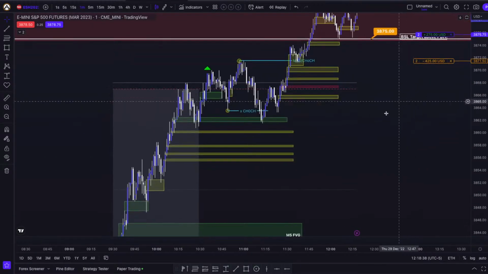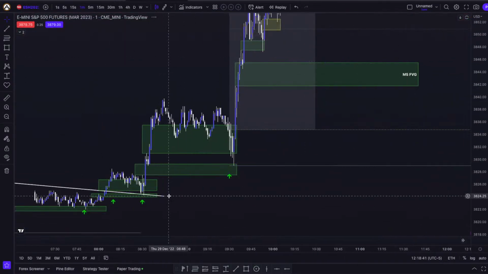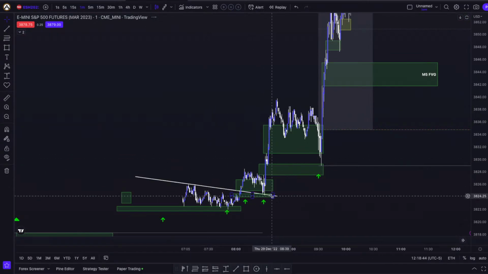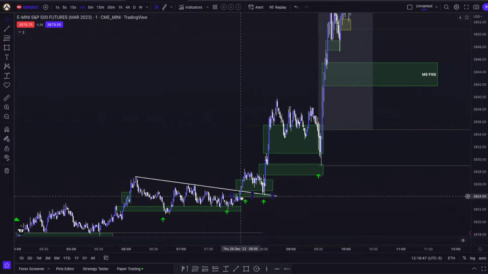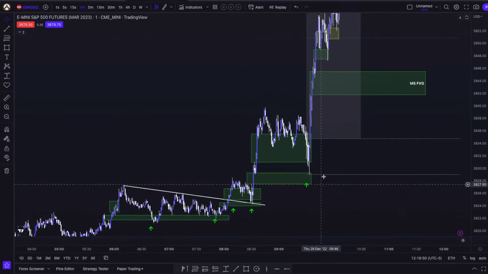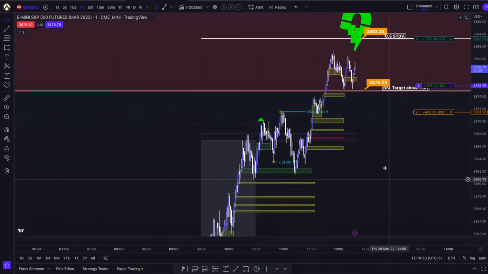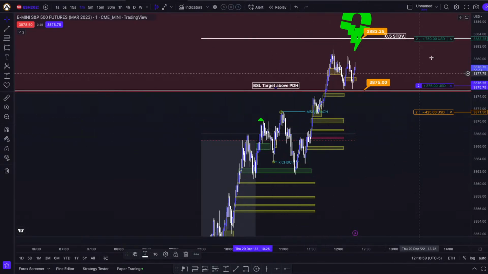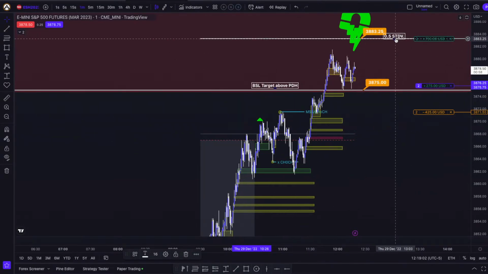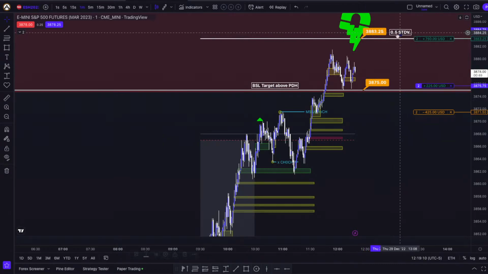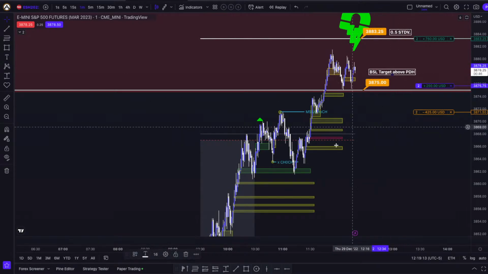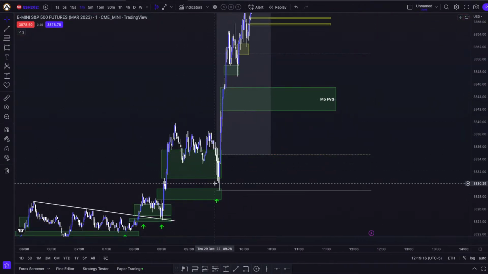So my overall target, if I would have held any positions from our, for example, 8:30 opening with the retest right here, filling in this volume inefficiency on a 1 minute time frame, same for here, my overall take profit target would have very likely been this buy side liquidity represented by our previous day's high and not really the 0.5 standard deviation. Why? Of course, I maybe would have left 1 or 2 contracts on this trade to hit my full take profit target at 0.5 standard deviations, but if I would have gotten in on S&P 500 today, right around here or here,